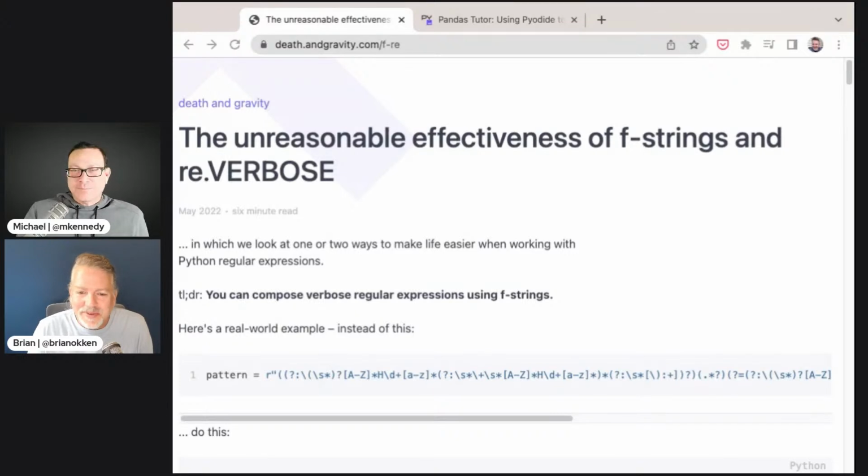Okay, so I was almost afraid to talk about this, but it's a really awesome article because sometimes you need regular expressions, and there's lots that I like about this article. What I'm talking about is an article called "The Unreasonable Effectiveness of F Strings and Verbose Regular Expressions" in all languages, including